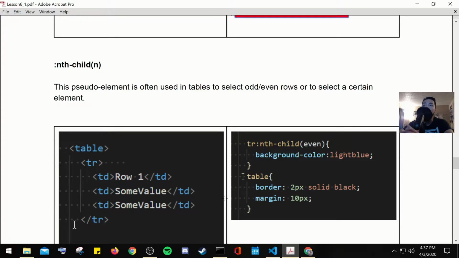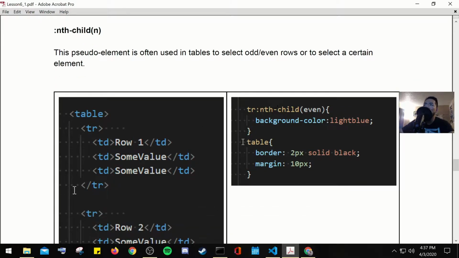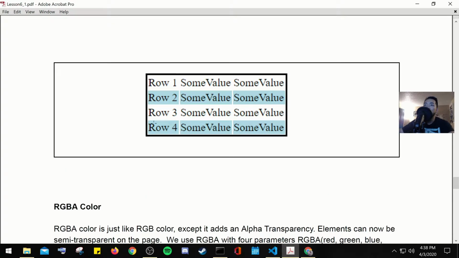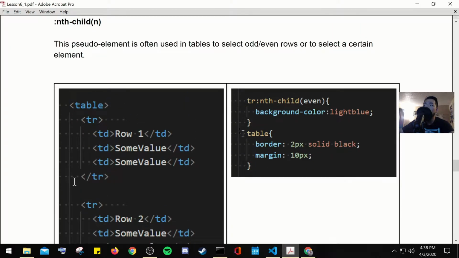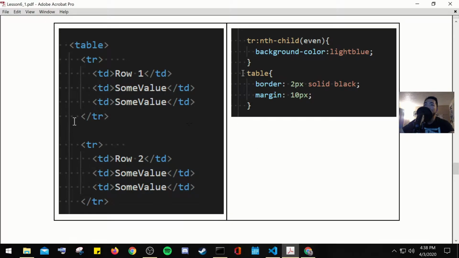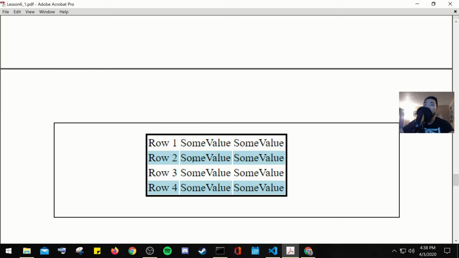nth-child. It's used in tables to select odd or even rows, or to select a certain element. So here you have nth-child even, background color light blue, and then here I'll just have it inherit the whole light blue color. Same thing with row 4. So here it inherits from row 2 to row 4. So here some value,